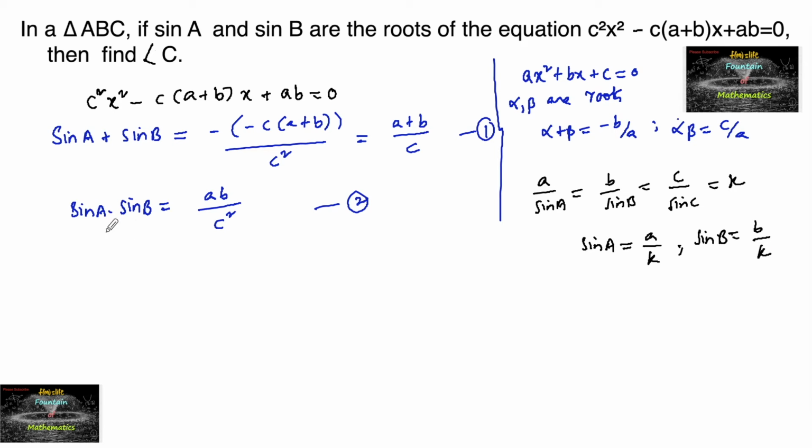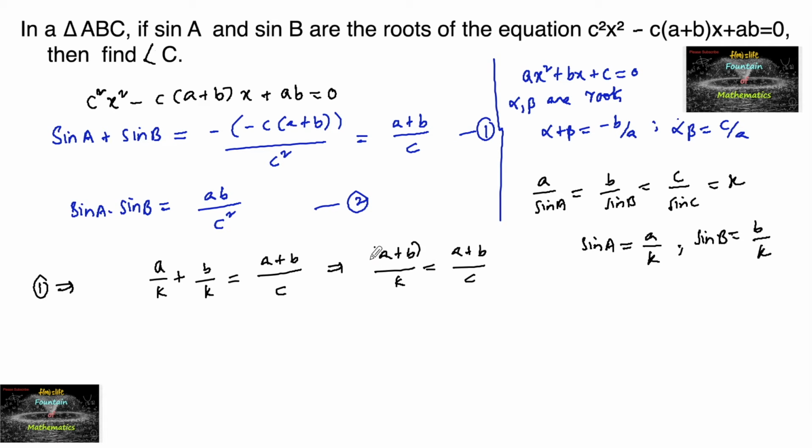So we can apply here in equation 1 that a upon k plus b upon k is equal to (a plus b) upon c, which also can be written (a plus b) upon k is equal to (a plus b) upon c. So from here we can say k is equal to c,